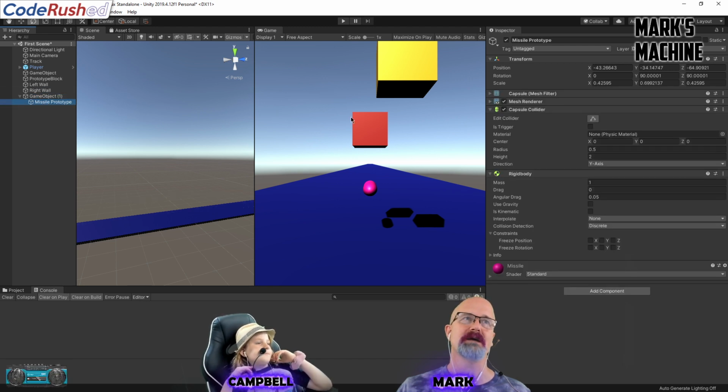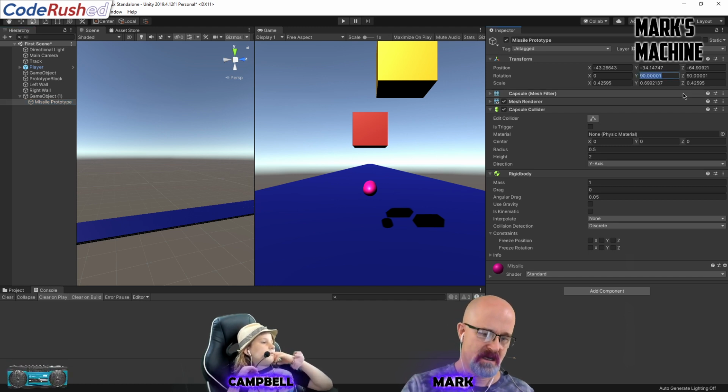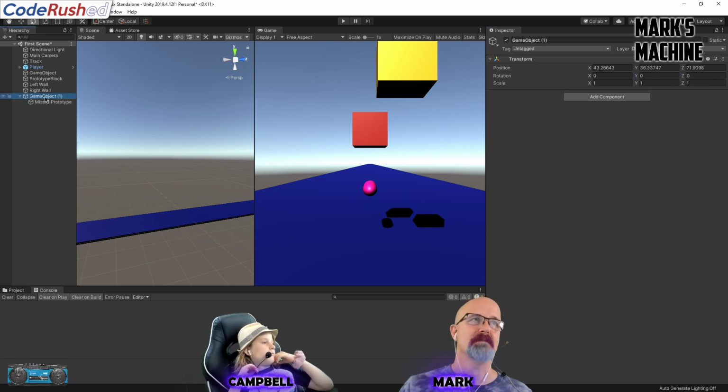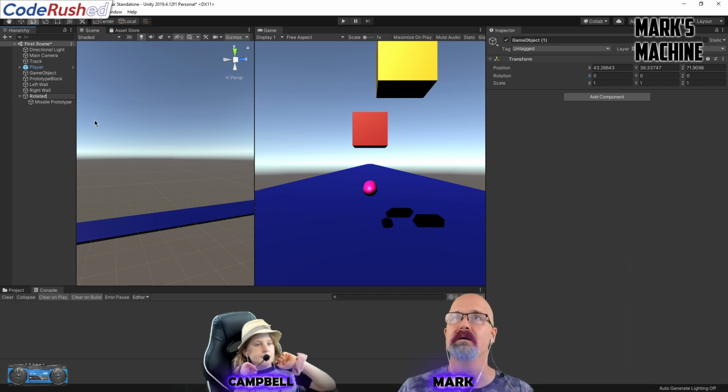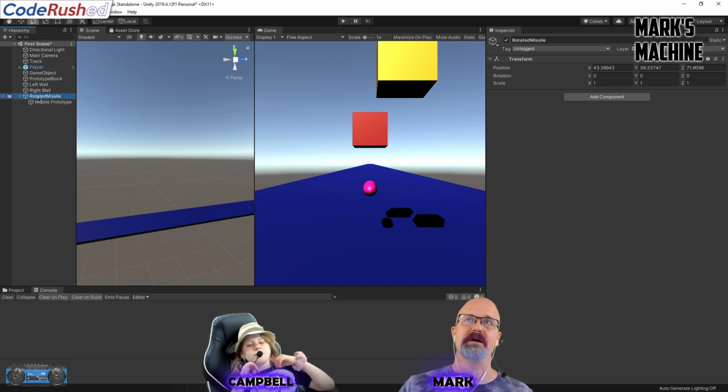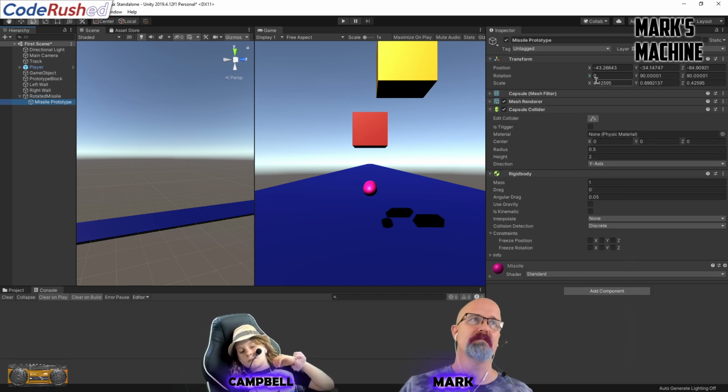then take our empty. Our missile prototype right now has got this rotation on it, the Z, the 90, 90. The game object has no rotation on it at all, which is kind of what we want. And we can call this our rotated missile. And the cool thing about this is that if I were to take my prototype